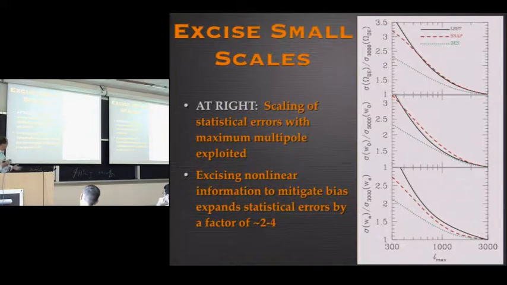Okay. So the hope, the goal, the idea is that maybe we can do a little bit better than that if we can put some prior on how we understand what's going on with the power spectrum on quasi-linear and nonlinear scales. So it's like having a prior on P(k) in Gary's talk. And that's what the rest of this talk is basically about: describing that effect, and seeing what you can do about it.